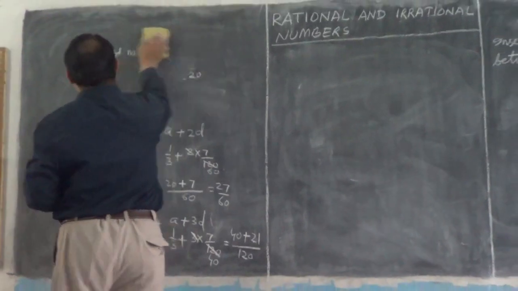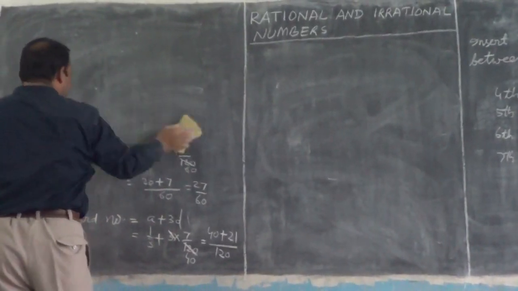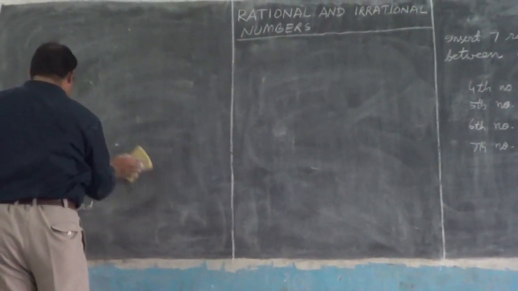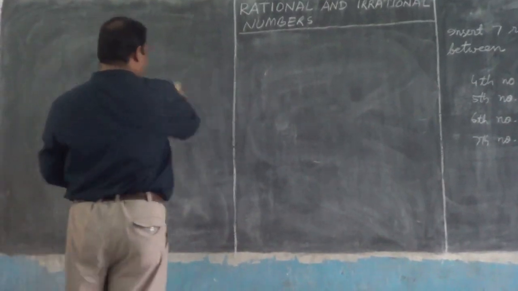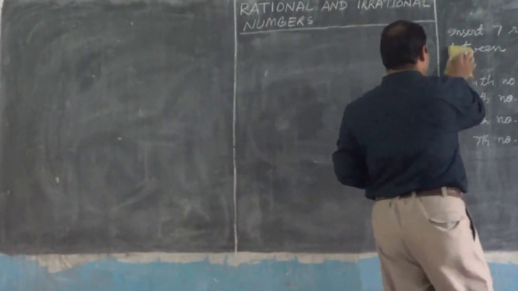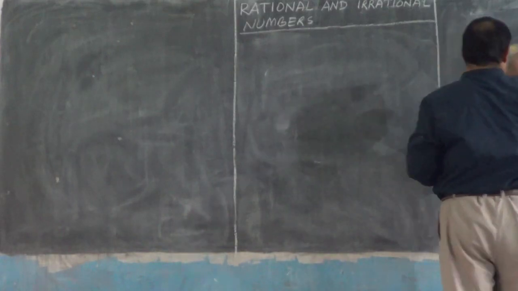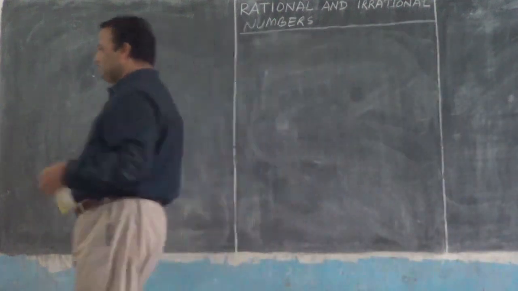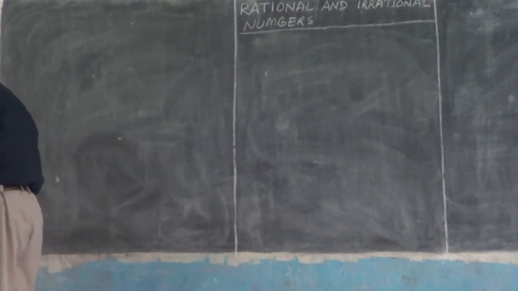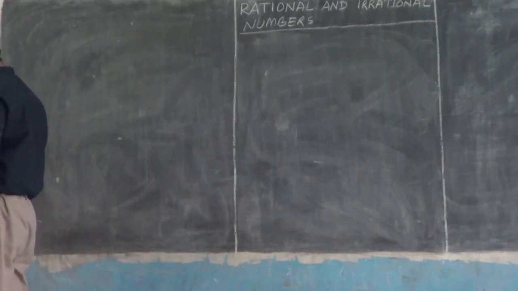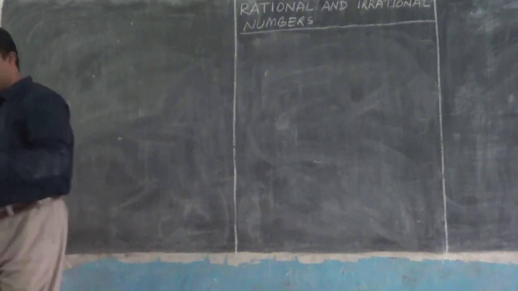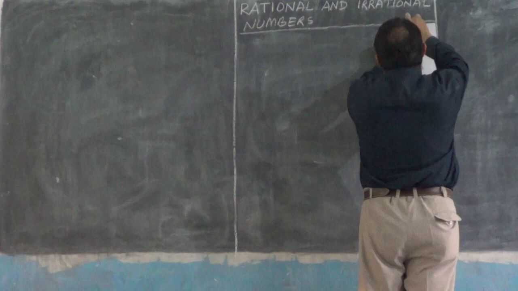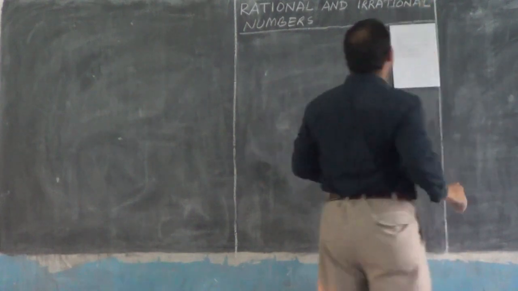Now we will see your exercise. What are the questions given? Your exercise number 1.1. I hope most of the questions will be very easy, but still in case there is some difficulty, I will help you to solve. I will put the question here on the blackboard so that you can also have a look. This is the question that your exercise is showing.